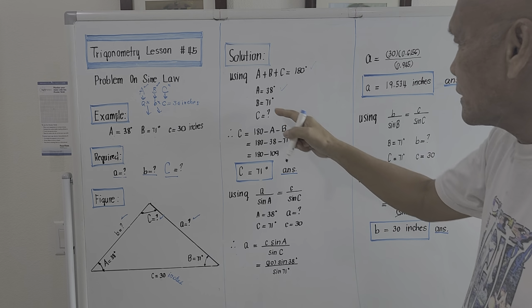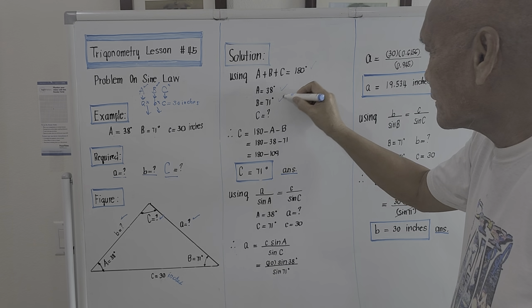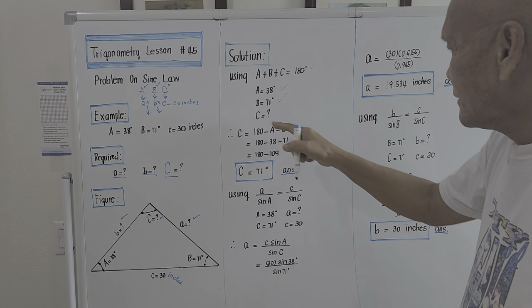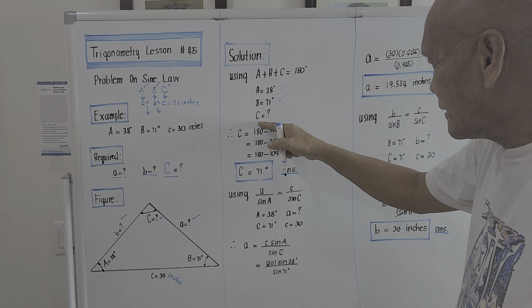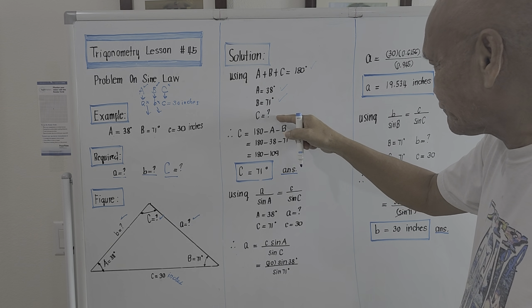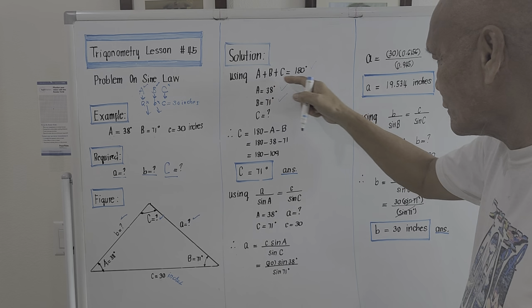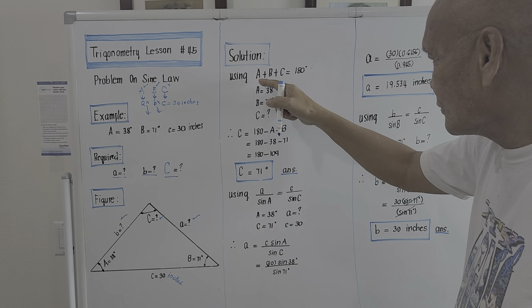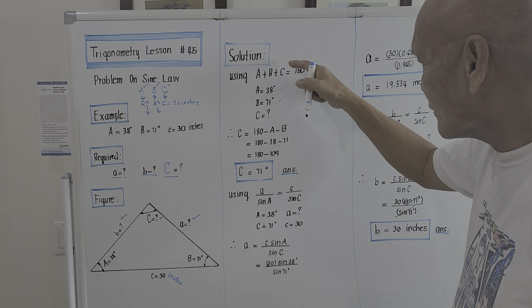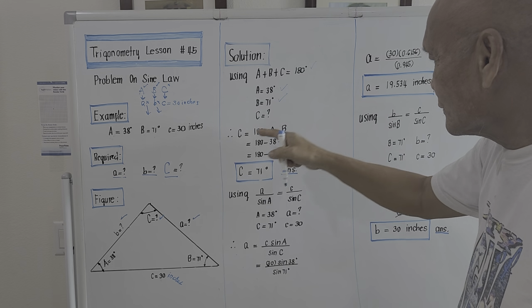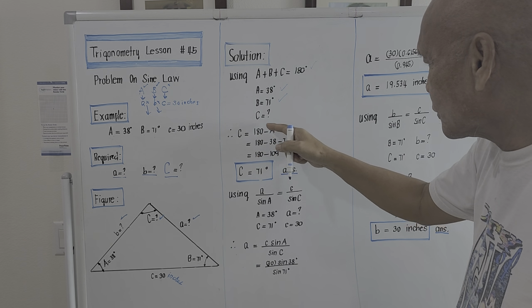We are given angle B to be 71 degrees. So angle C, the capital letter C, is unknown. Using this equation here, since these two are given, we can compute for angle C. So angle C will be equal to 180